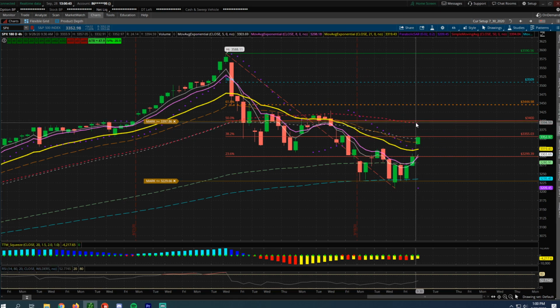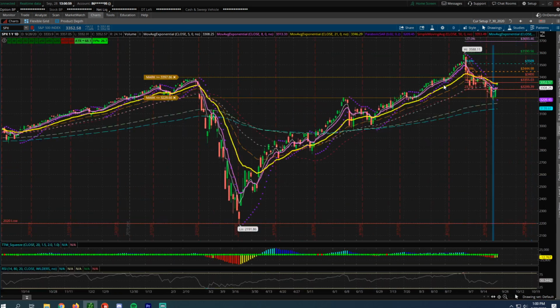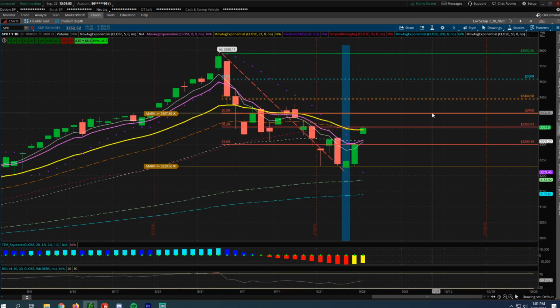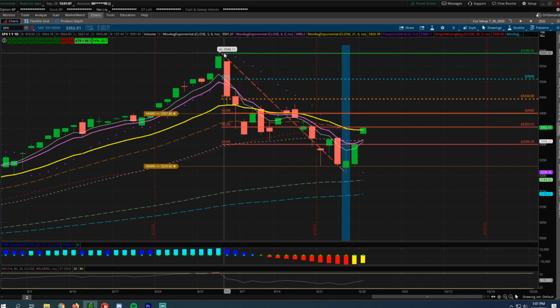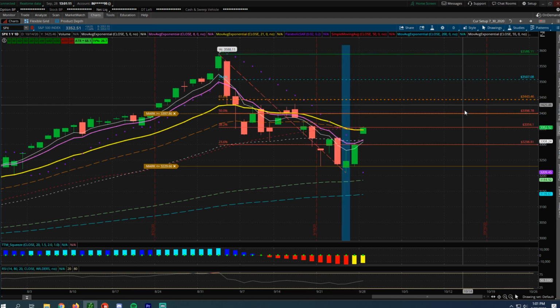The 50 SMA is another key level that a lot of folks use for trading on the technical side as well. Again, we're looking here at a 4-hour chart, so it's a little different than how we normally look at a daily chart. That being said, that would be a very key level here. So if we switch back to a daily chart, the one we know and love, that level comes in around the same price. We can move this ever so slightly, because it was tied to that 4-hour chart, to basically around that